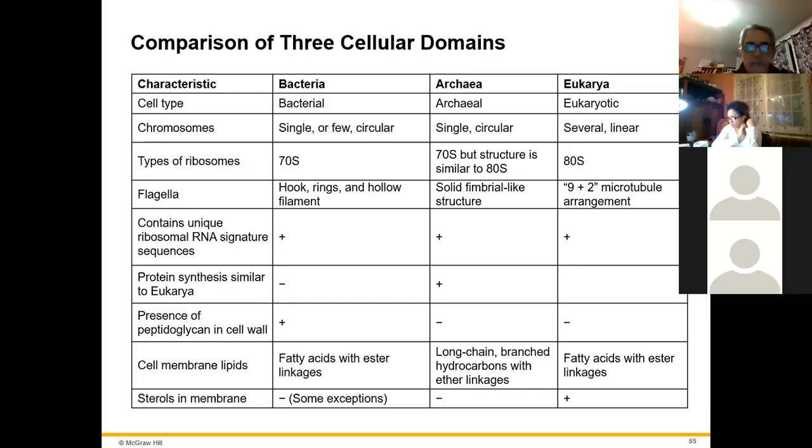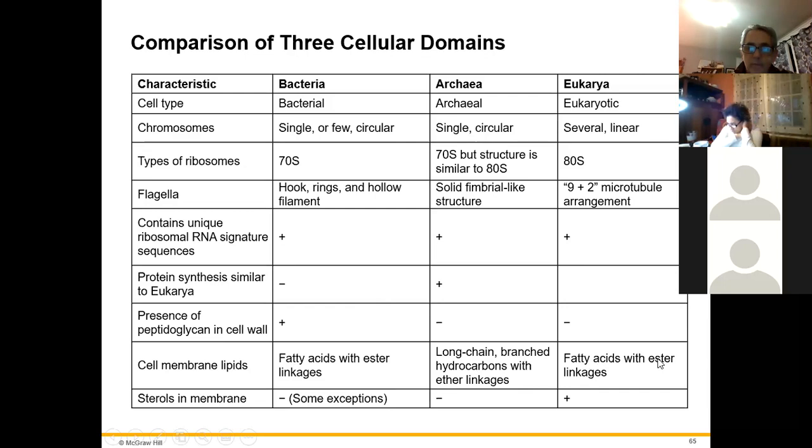The presence of peptidoglycan in the cell wall. So only the prokaryotes have peptidoglycan in the cell wall. It is not in the archaea or in eukaryotes. The cell membrane lipids in bacteria are fatty acids with ester linkage. In archaea, they are long branched hydrocarbons with ether linkage, and